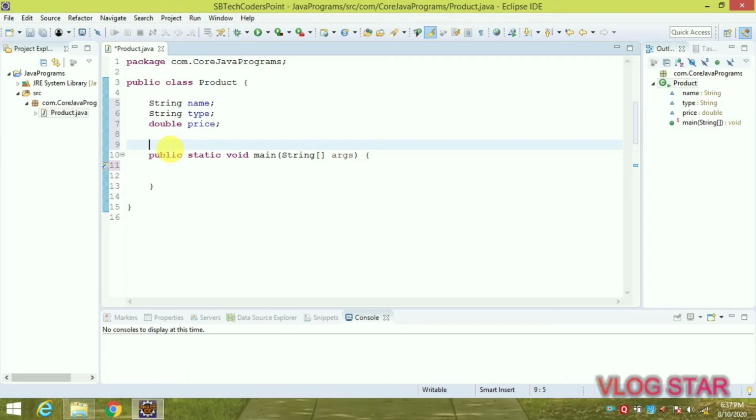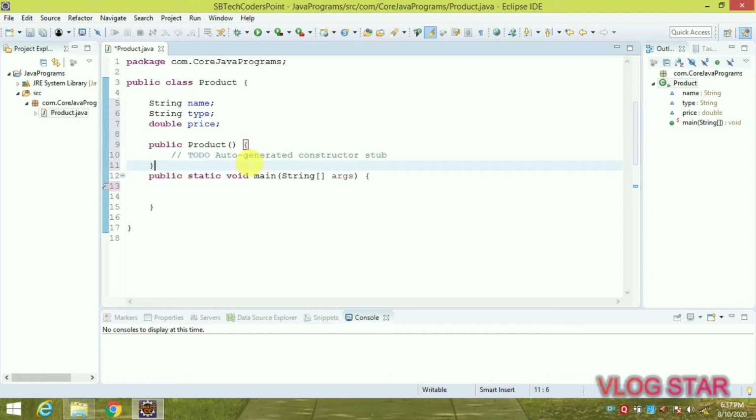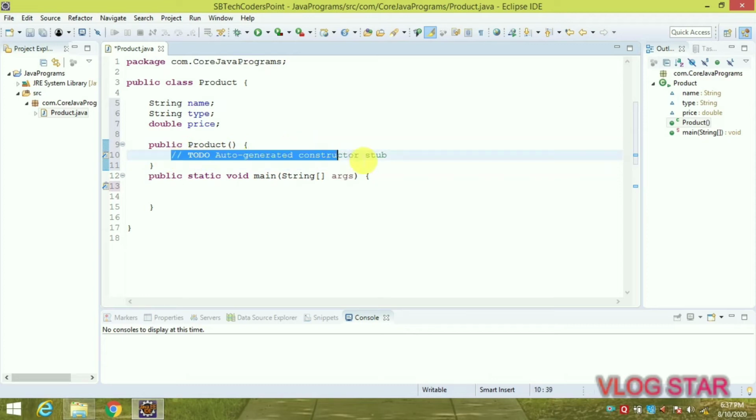Now for the no argument constructor. A no argument constructor is a constructor without arguments. To write that we have to press Control space, and we can see this option here, that is Product. So this is our first no argument constructor, that is without parameters. And here we can type anything.